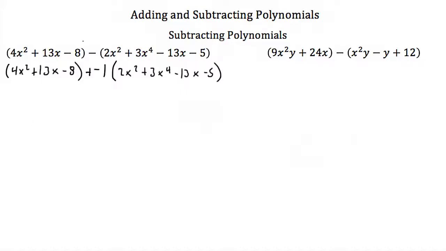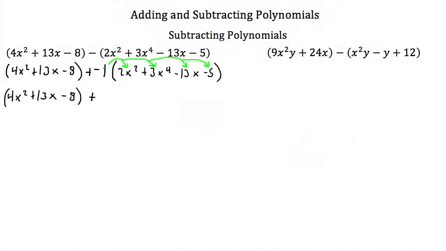All I've done is switch this subtraction into an addition. Now because we have this negative 1 out front of the parentheses, we need to distribute it through multiplication to every term on the inside of this parentheses. So this will become a 4x squared plus 13x minus 8